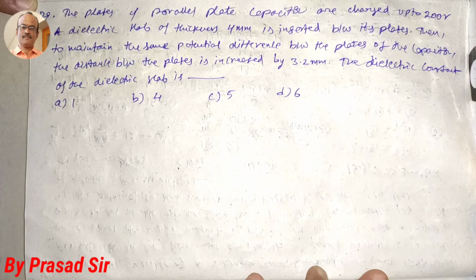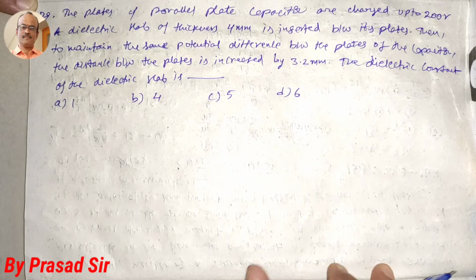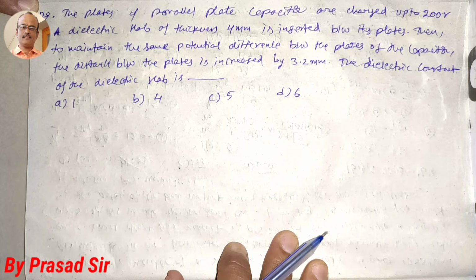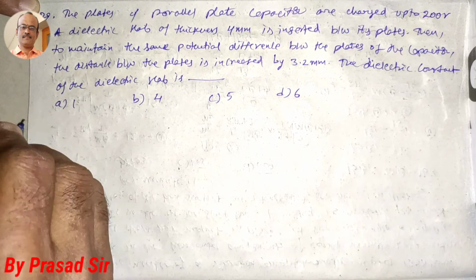Now the question number 29. The plates of a parallel plate capacitor are charged up to 200 volts. A dielectric slab of thickness 4 millimeters is inserted between its plates. Then to maintain the same potential difference between the plates of the capacitor, the distance between the plates is increased by 3.2 millimeters. The dielectric constant of the dielectric slab is how much? So first of all here